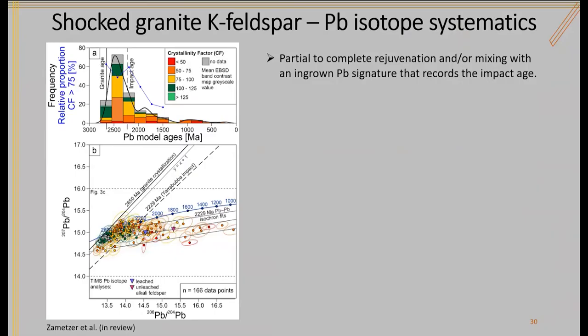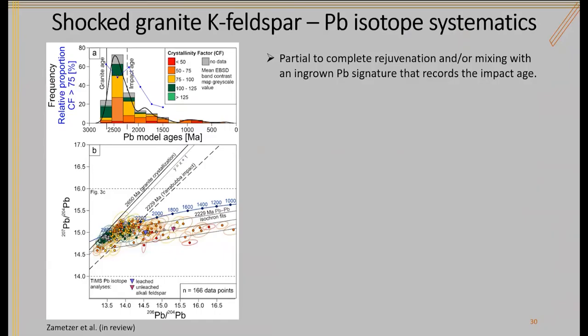We also have this tail of data points that plot to the right towards younger lead model ages that indicate ingrowth. And these data points nicely follow isochron fits, lead-lead isochron fits with the impact age. Those are the sub-horizontal lines that are shown in here. The two triangle symbols